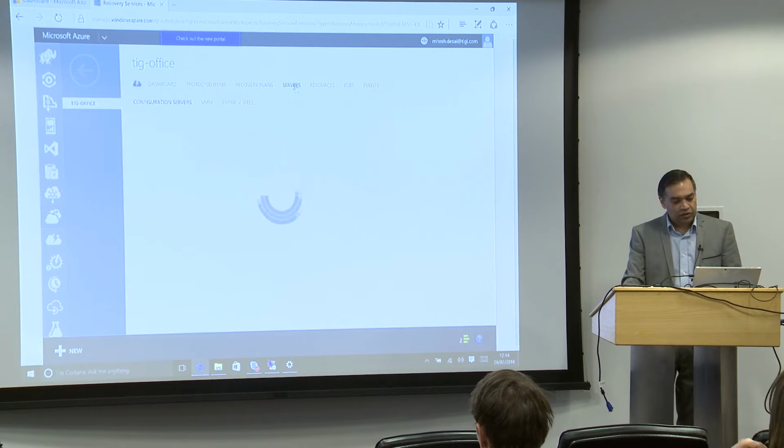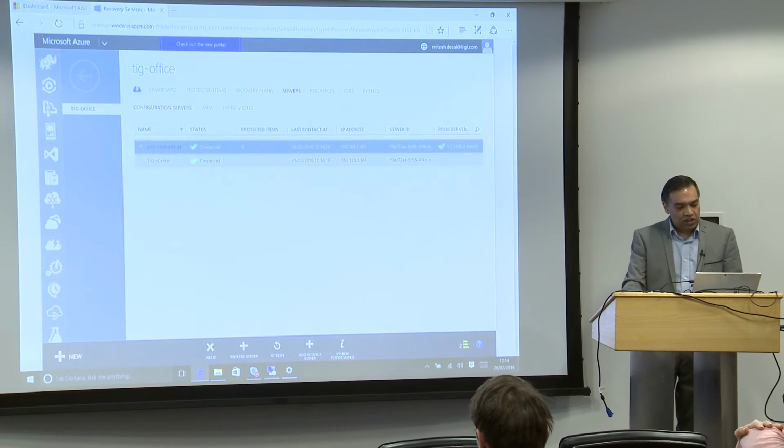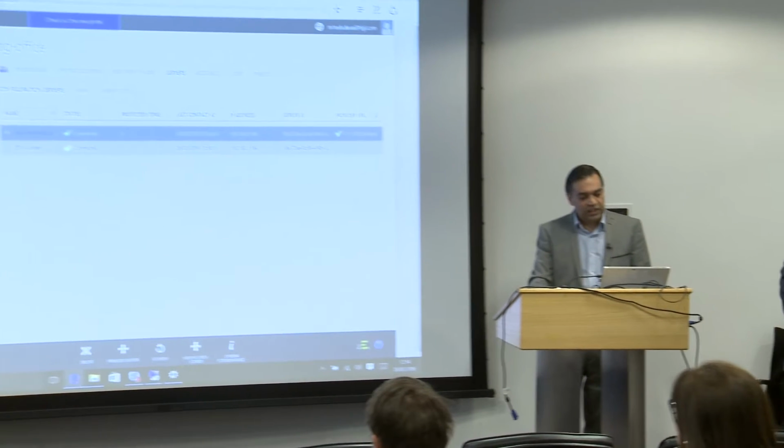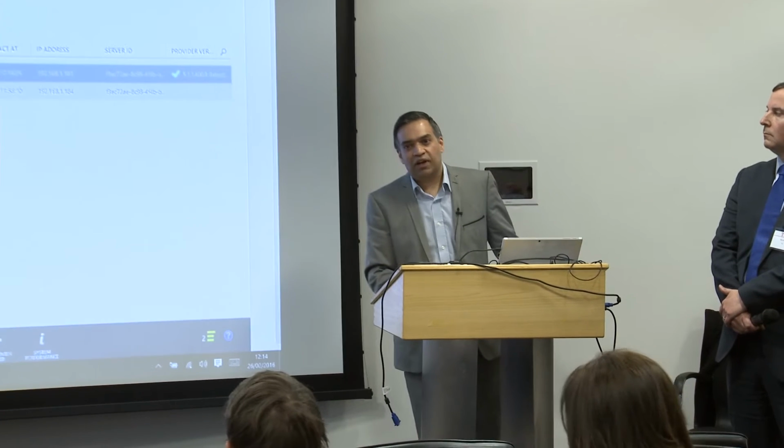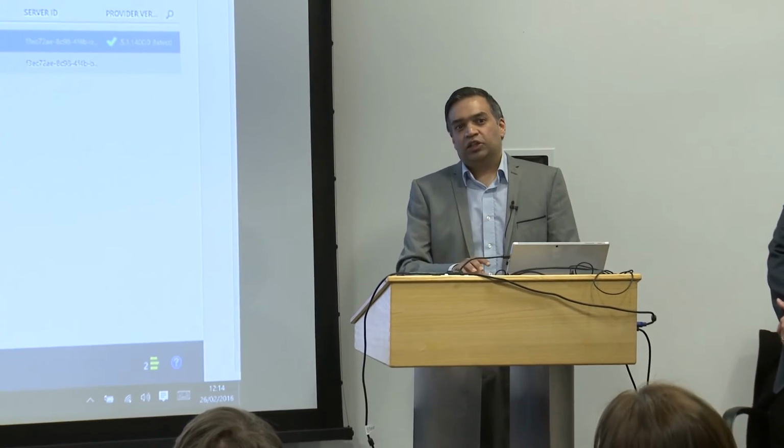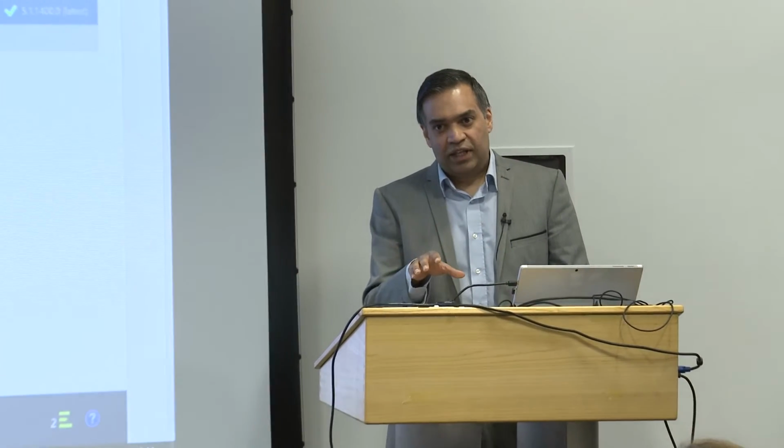While it's creating that, I'll just touch on the servers that you need. So it looks at your vCenter, these process servers. At the moment the failover is using my on-prem process server to fail that machine over, so obviously there's a lot of data transfer going back and forth. What you can also do, if it's a large number of VMs that you're failing over, is create a process server on the fly that sits in Azure, and it only consumes the resources while you're doing your failover.